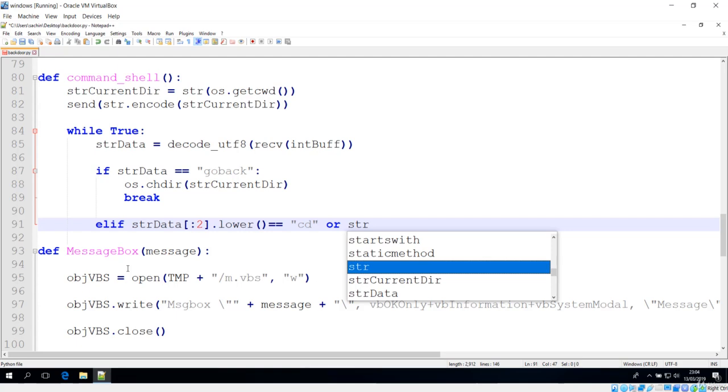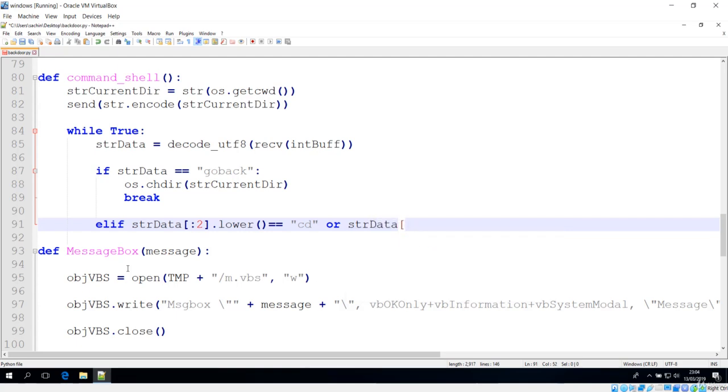So I'll just say str data, and we are just getting now the another part, which is maybe this, and some users prefer writing this command instead of cd. They can also write this command, that is chdir command.